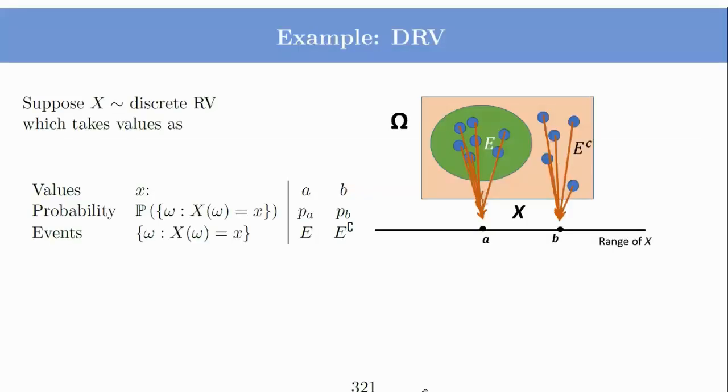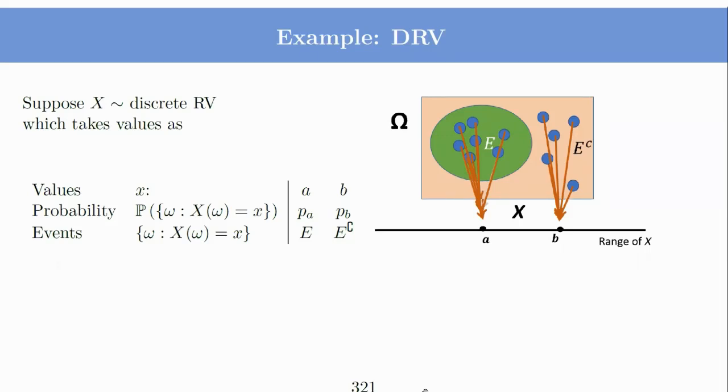Transformation of random variables means we can change random variables. We can apply a function to random variables to get one or more random variables. We have already studied functions of random variables, where we can see that if you apply a map to a random variable, you get another random variable. But what will be the distribution of this random variable? This is what we are going to study now.